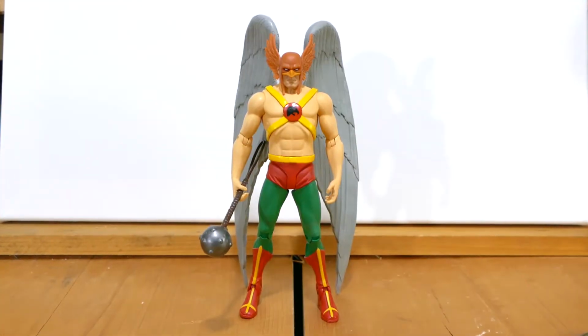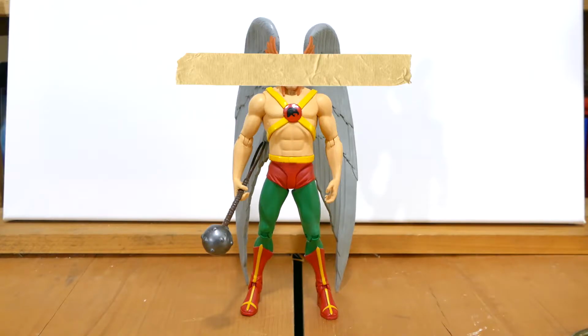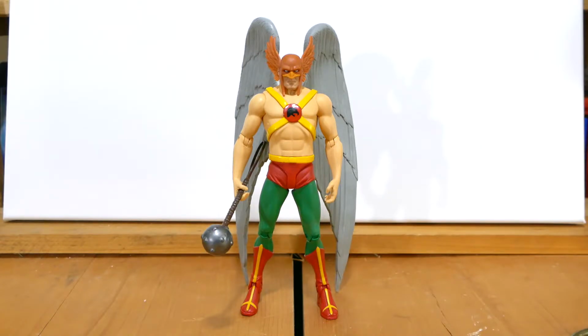Thus, you see before you now, my Custom Kitbash Classic Hawkman figure. Now the recipe for this figure is as follows. From the knee all the way up to the neck, not including the head, and not including the legs from the knee down, it's the Showcase DC Direct Hawkman figure. I really fell in love with the buck and the build of this figure because it looks pretty much exactly like the Superpowers Hawkman figure, and that's my favorite Hawkman,